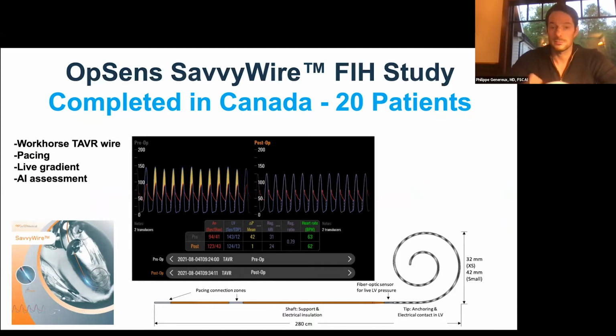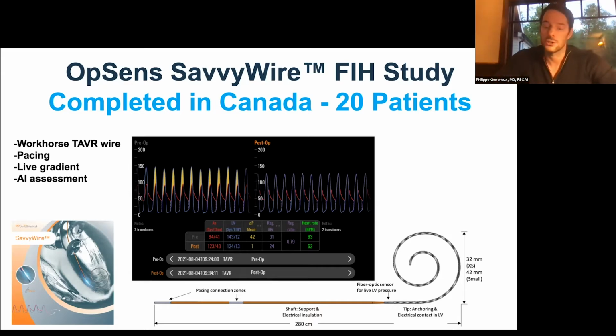coming on the market. It has been approved in Canada actually 2 weeks ago, where we completed a 20-patient approval study, and the FDA is reviewing currently, where you have an 035 wire, kind of Confida Safari-like, very safe, dedicated shape with actually pacing capacity and also continuous monitoring of the gradient. So really 3-in-1, you can deliver the valve, you can pace on the wire and the LV wire pacing, and